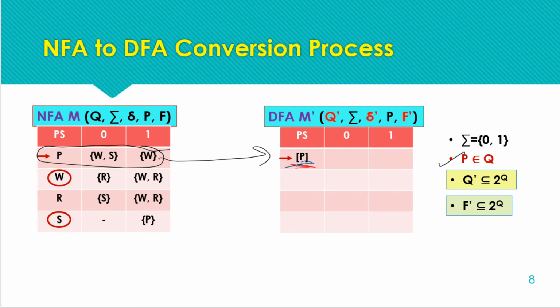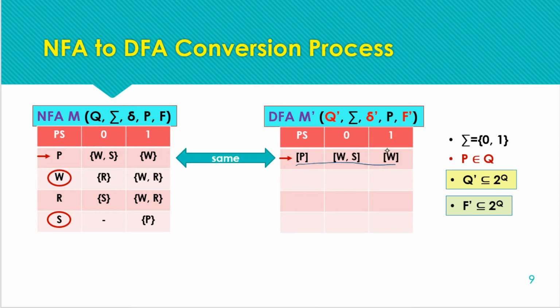Okay, so starting with this, we have the same transition for the initial state in both the DFA as well as the NFA, as the initial state of the DFA is the same as the initial state of the NFA. Now we have to keep track of every newly identified state in the sequence of their appearing. So here the first state identified is WS. So now we have to find the transition for this state.